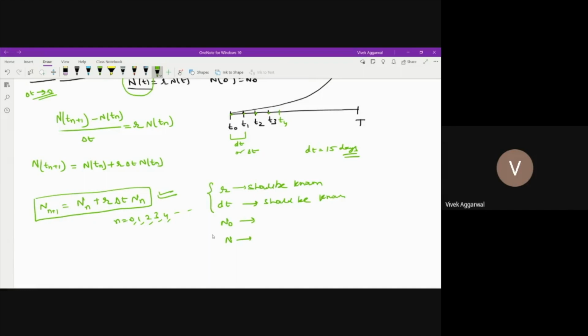So everything depends on t. t can be 1 year, or maybe 6 months, maybe 2 years. Everything depends on how much you want to do the calculation. So you have to give the number of time steps that is required to find the solution.